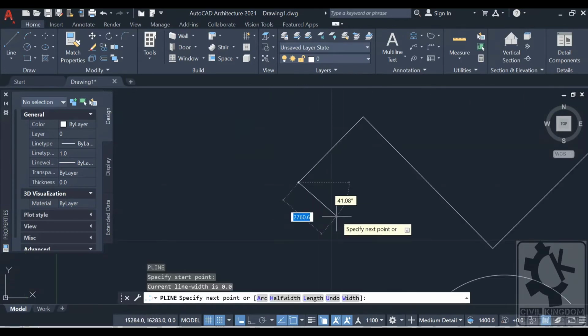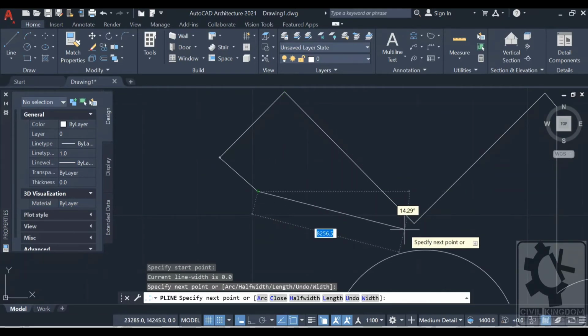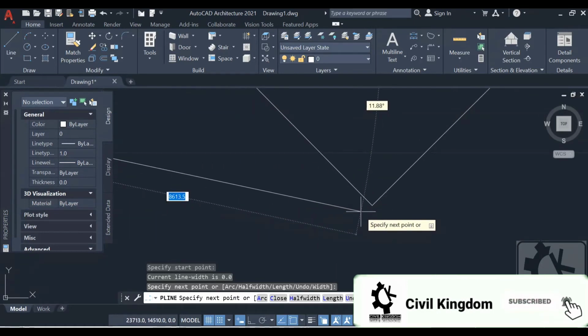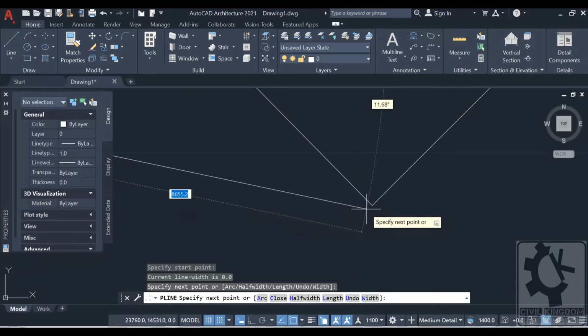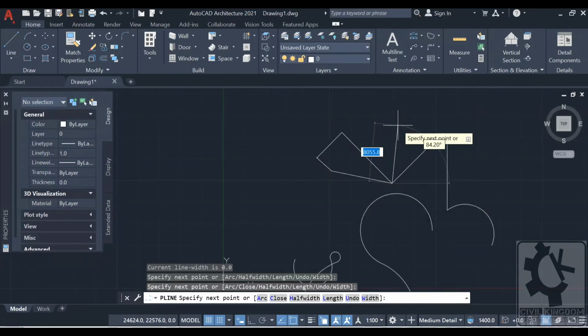And same as if you bring it near to the endpoint, it will show the square, and if you left click your mouse, it will get connected easily. You can work in AutoCAD.